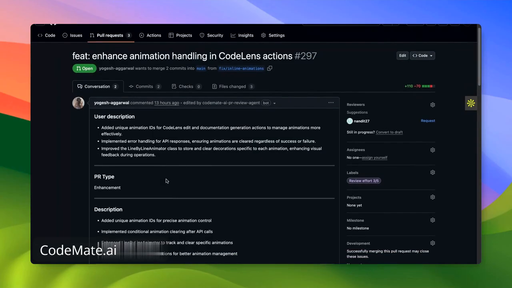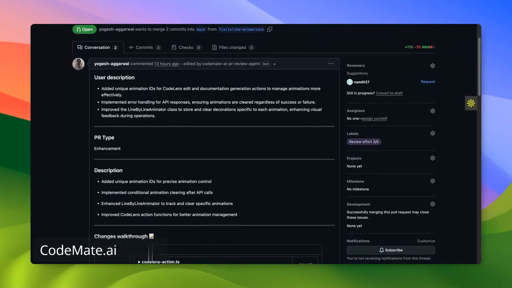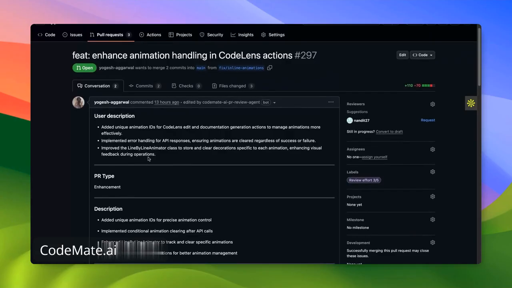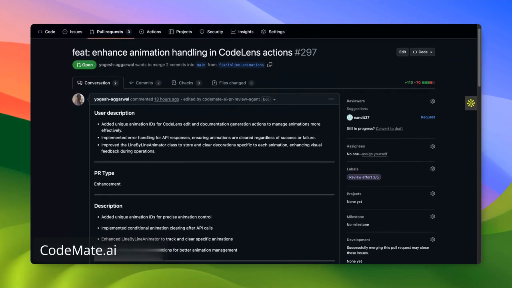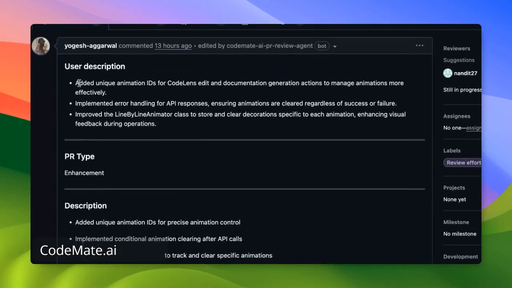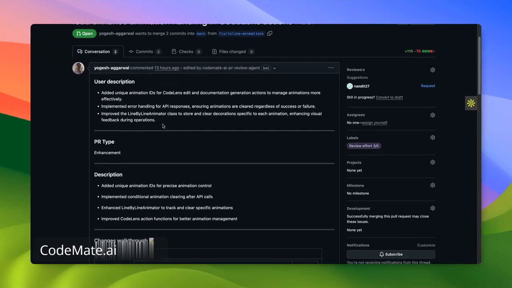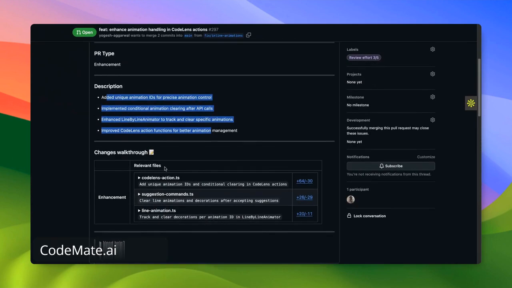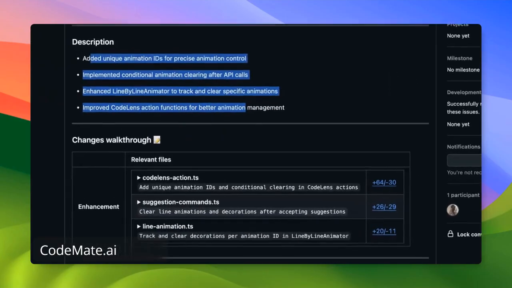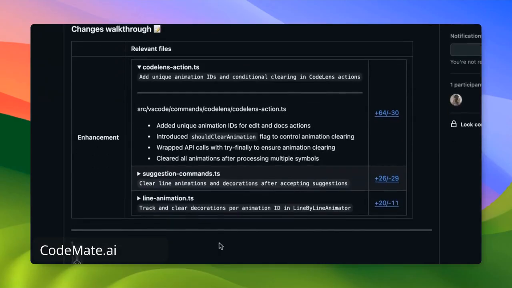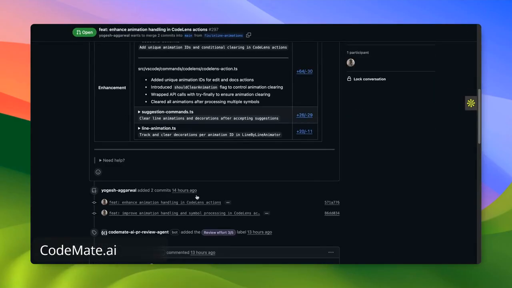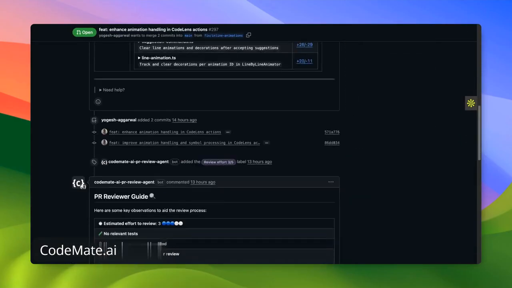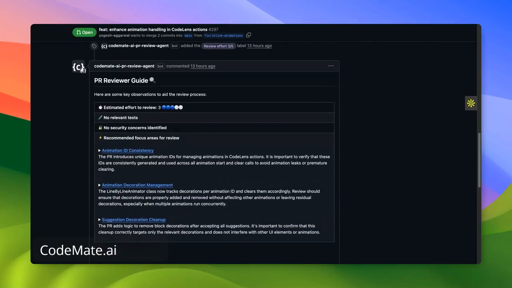The moment you initiate a pull request, it provides a description and a comprehensive overview, aiding in your understanding of its purpose. In this example, you can observe how effectively it describes the pull request. It offers a detailed description, outlines the type of the PR, and provides a walkthrough of the changes, all in a very informative manner. Moreover, it indicates precisely where the changes have been made, even pinpointing specific lines, which is incredibly useful during code reviews.